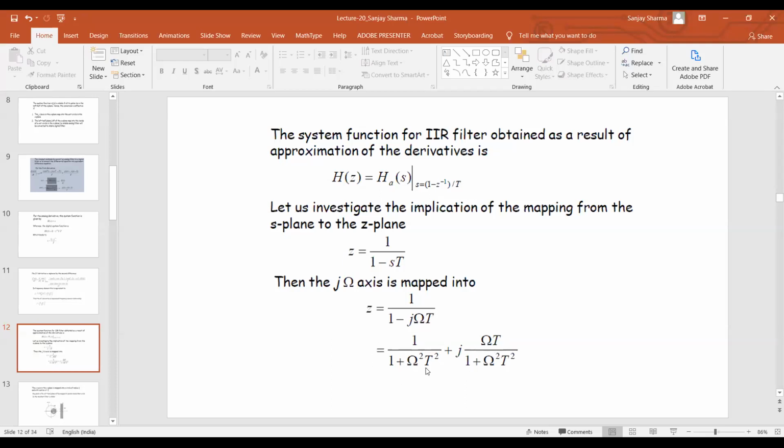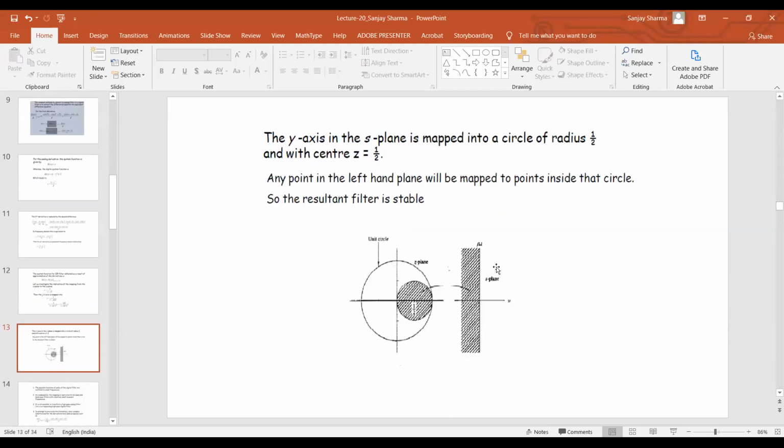And if you analyze, if you put the values of sigma, omega,